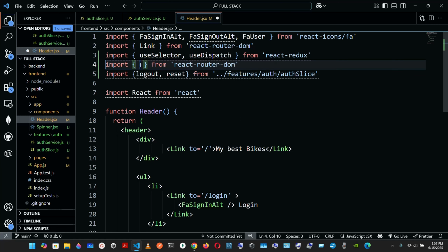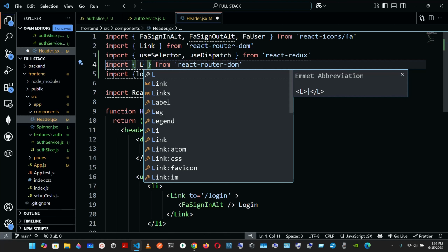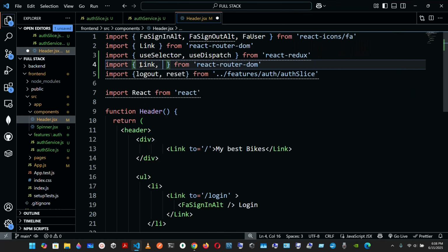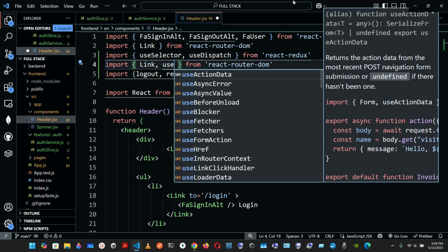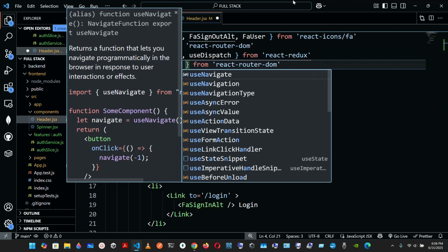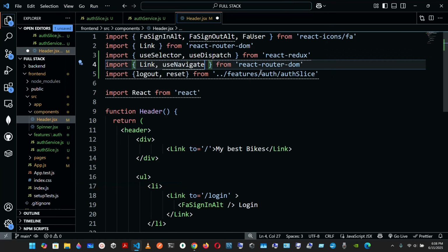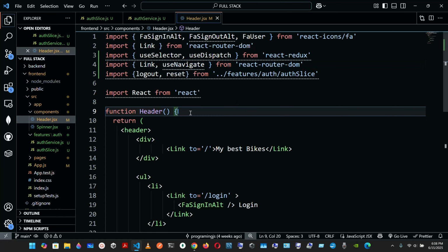Okay, and we need the Link, uppercase letter L, and we need the useNavigate. So useNavigate, not useNavigation. Okay, so we have the logout function, the reset function, and now in the header,